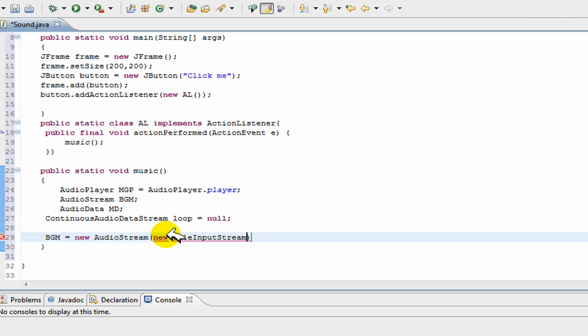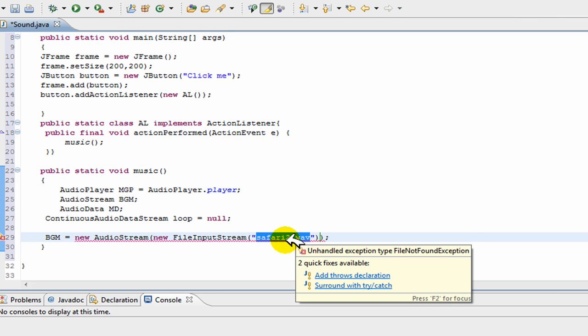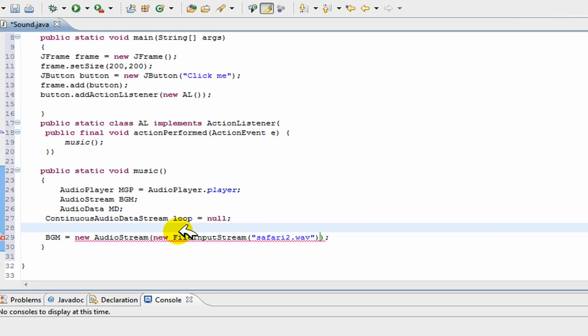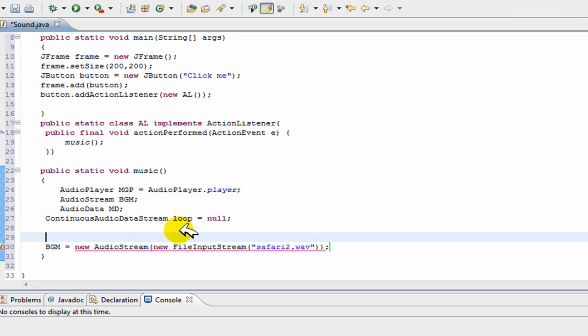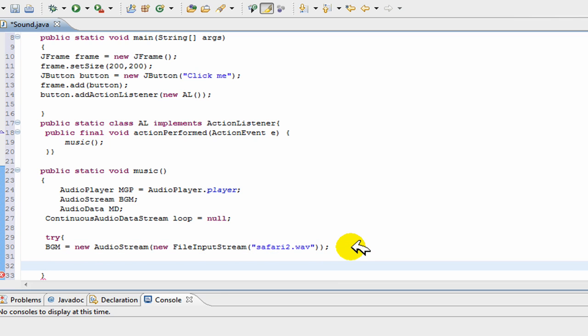This just reads the actual object, and you can put your name of your file in here. Now, one more thing you need here is try and catch. If you don't know what try and catch is, basically it just tells the program when there's an error and it can't find your